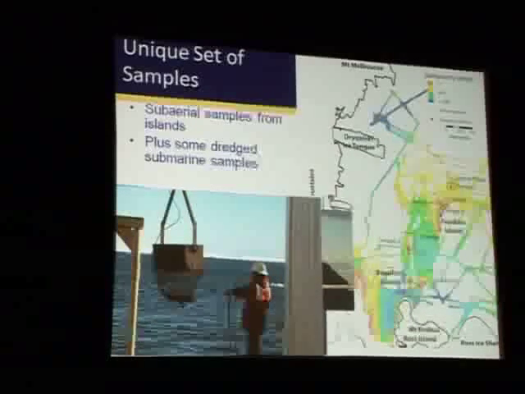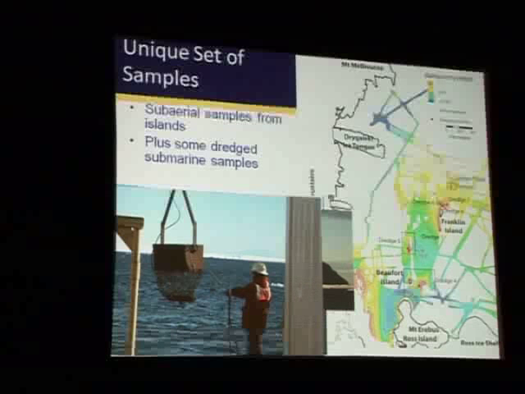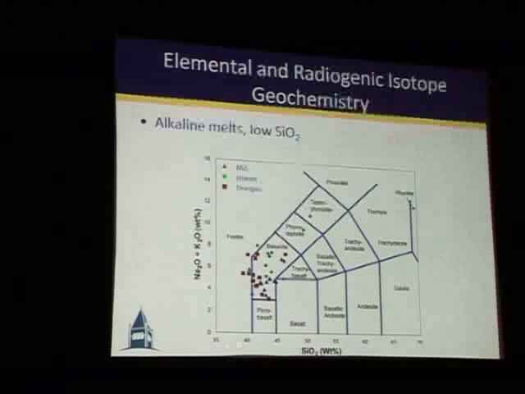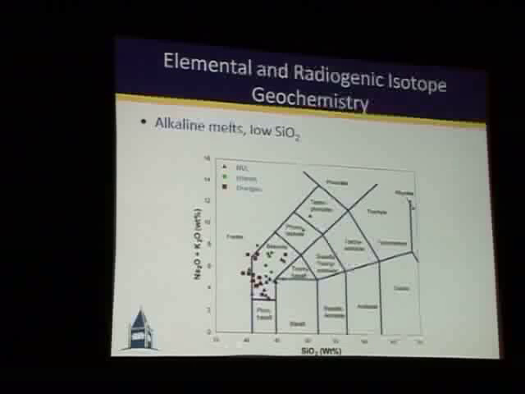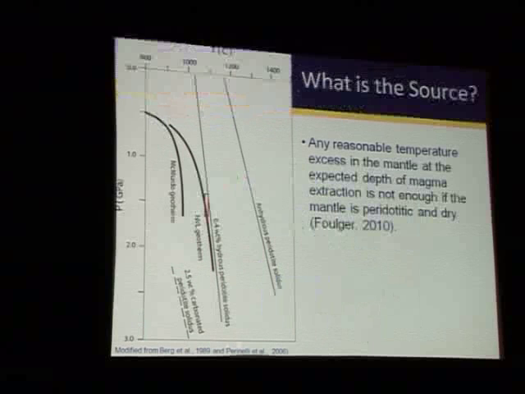Okay, so some of the results we have are based on the dredging that you see illustrated here. The compositions are a lot more alkalic than the ones that we looked at in Iceland and also in the Columbia River basalt and Snake River plain. The dominant rock composition is basanite, both for the host magmas and also the melt inclusions.